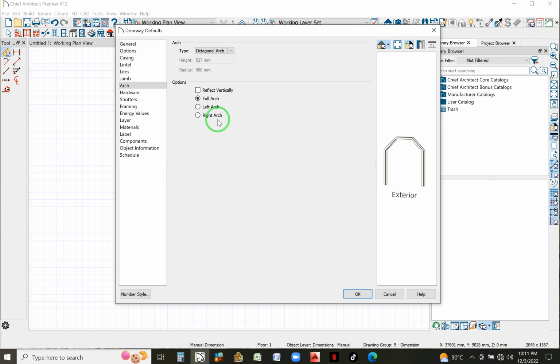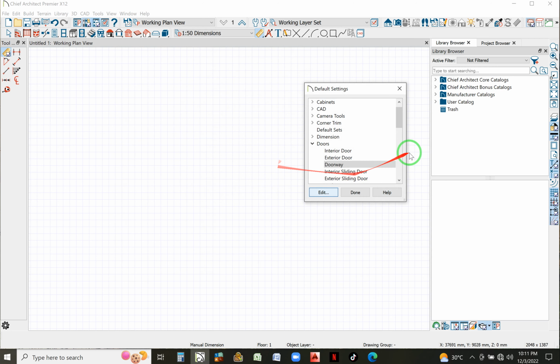There's octagon, so let me go to this. So you can see most of the time people normally like this as a common arch, so let's use this without any editing. So I might not need a sliding door here on this project, whether full double door, I might not need